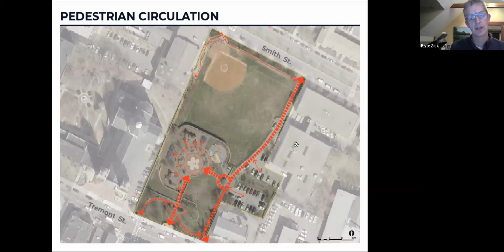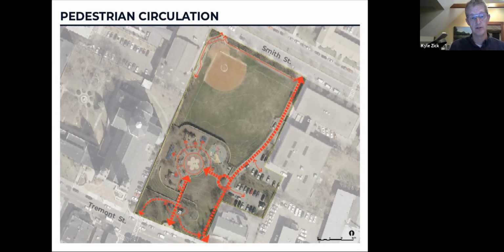So when we start to look at a park, we break it down different ways. In this slide, we're thinking about circulation, and this circulation is primarily pedestrian, although some of that coincides with the vehicular circulation to the parking spaces. And the thickness of the lines indicates if it's a major or a minor circulation route. So we see a lot of through traffic between the streets, Smith and Tremont, along that driveway that continues all the way up. But there's 3 entrances off of Tremont, which I think are fairly well used.